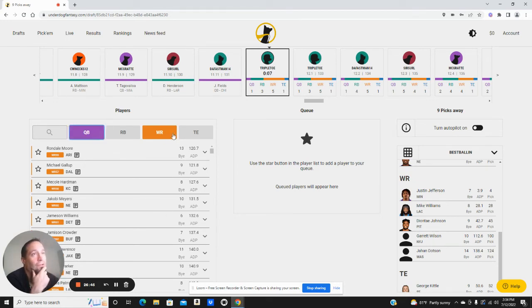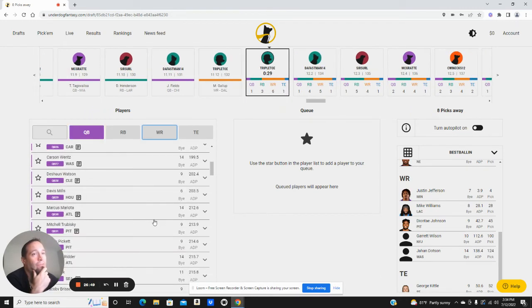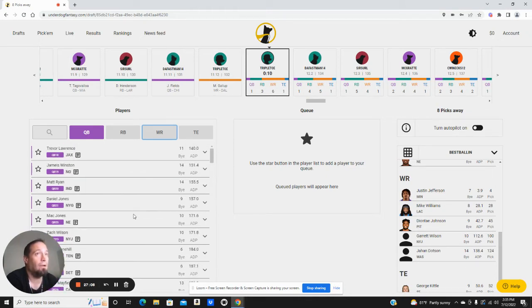It's absurdly low right now, right? He's going as QB 28. If he gets 6 games, this is just going to be absurd. I don't think he's going to get that, but I recognize we don't know what is going to happen. So you just have to play for the upside, and then if you get a little bit too much Watson, just fade him the rest of the way while you're doing the rest of your drafts.